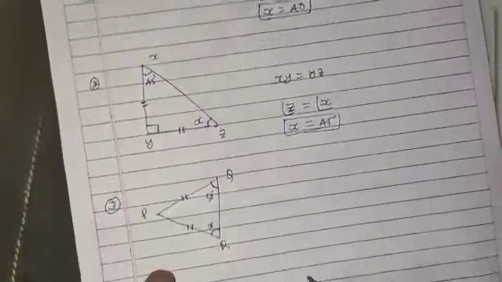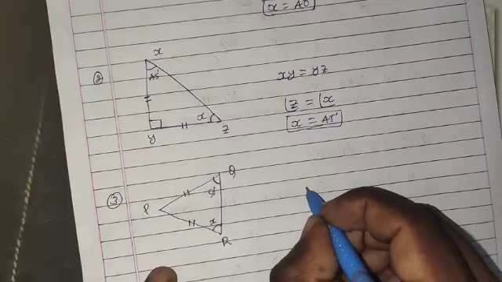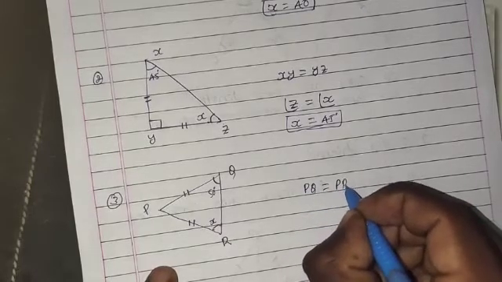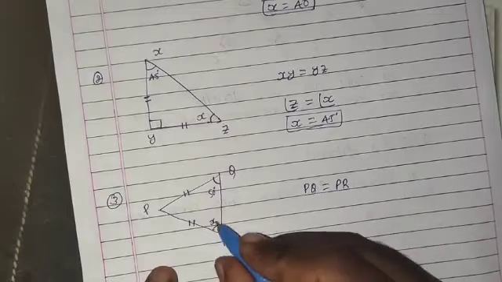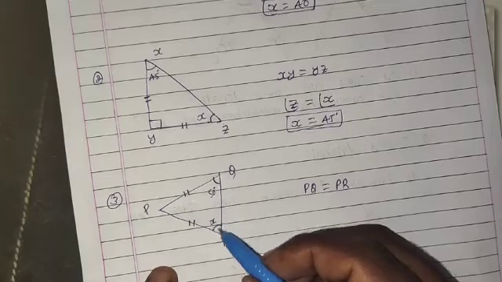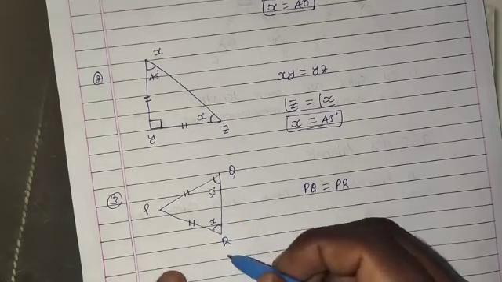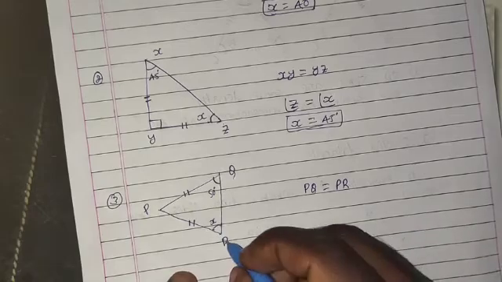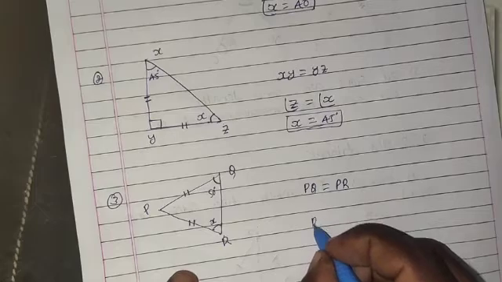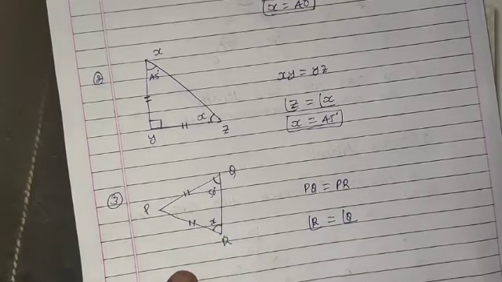Then how do you find out the value of X? Here in this triangle, which two sides are equal? Side PQ is equal to side PR. Okay, so it is an isosceles triangle. What is the special feature of an isosceles triangle? In an isosceles triangle, the base angles are equal. Which are the base angles? Those opposite to the equal sides: angle R and angle Q. That is, angle R is always equal to angle Q because it is an isosceles triangle.